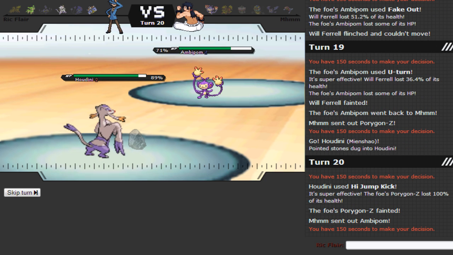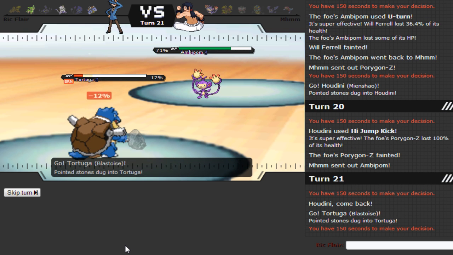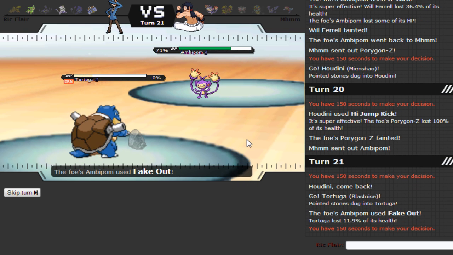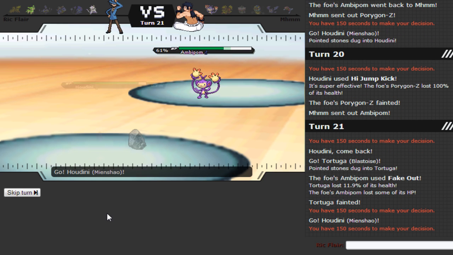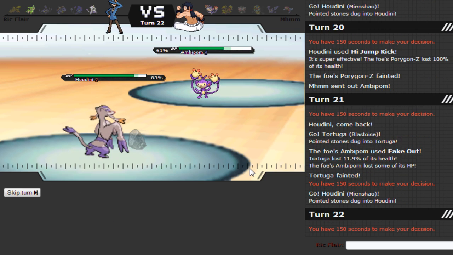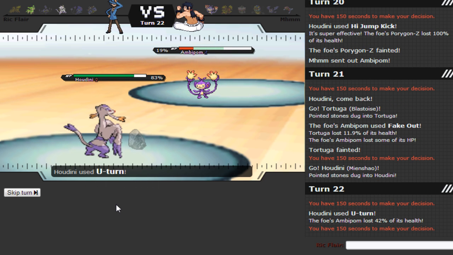Alright, so I knock out the Porygon-Z as he brings in the Ambipom. I'm just going to fodder off my Blastoise as he ends up going for the safe Fake Out. Then this turn what I can do is bring in my Manchow, and I don't want to risk High Jump Kick missing, so what I'm going to do is actually just go for the U-turn and fodder off my Virizion,